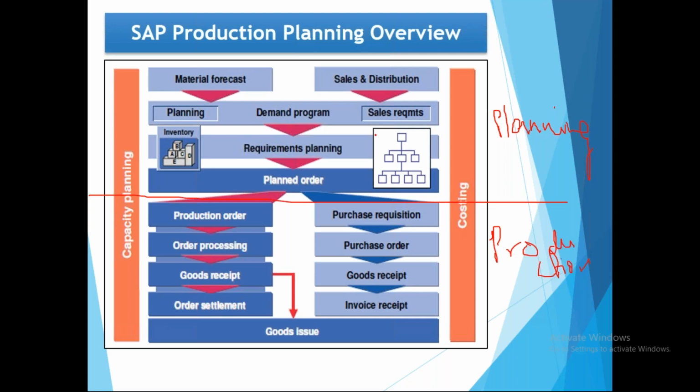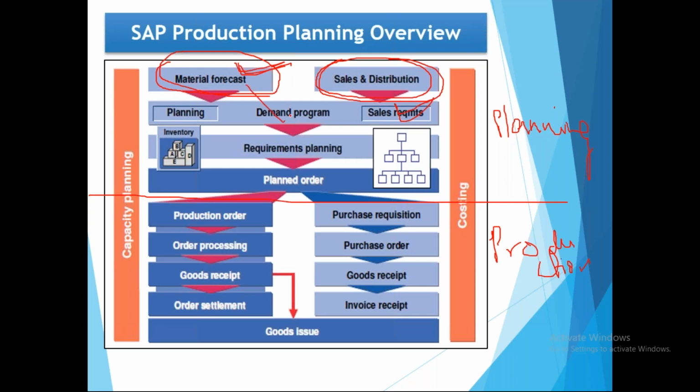Okay, so basically what happens is you receive the material forecast from the sales team. What the sales team does for a product is calculate the forecast based on certain assumptions, based on certain criteria. The forecast is like a future demand, like the next 12 months or next 1 year. For a particular product, they will calculate the forecast. And at the same time, from the customers you get the sales orders. From the SD module you get the actual sales orders. You call it customer orders.